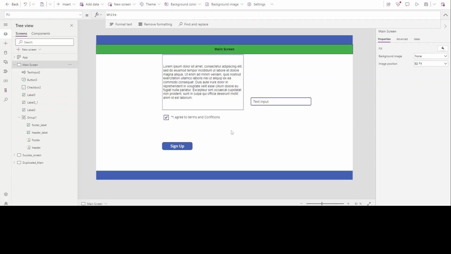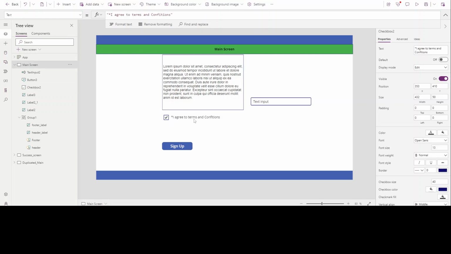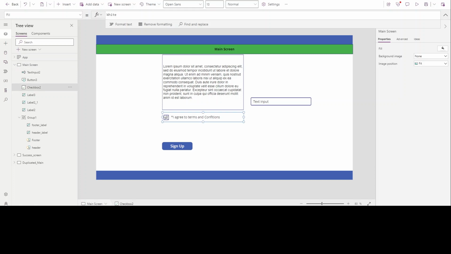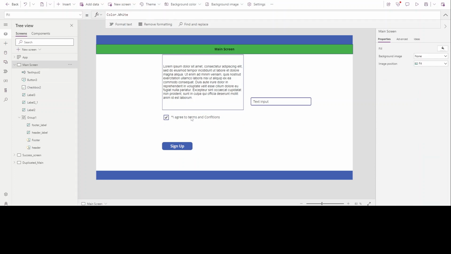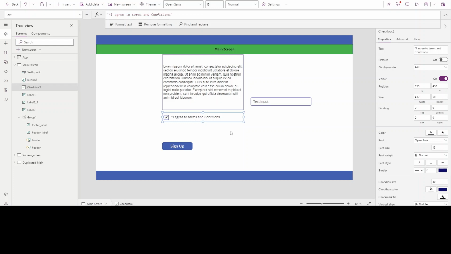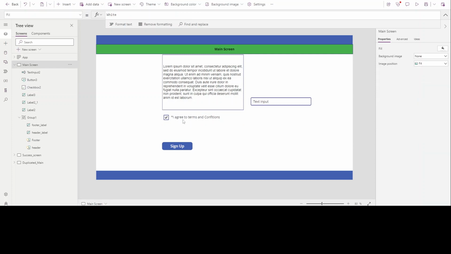So welcome back. In my last video, I mentioned a checkbox where, when it's checked and we click on sign up, it takes us to the next window or next page. But then it came to my mind: what happens if we have more conditions, if we have more checkboxes, just like many websites. So in such a case, let me